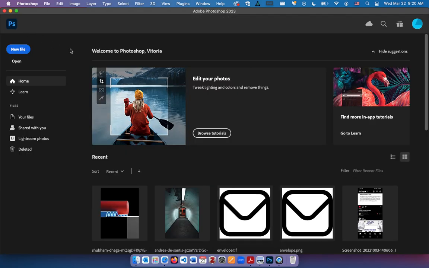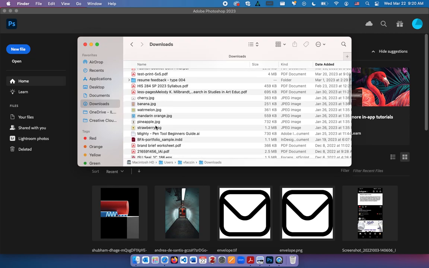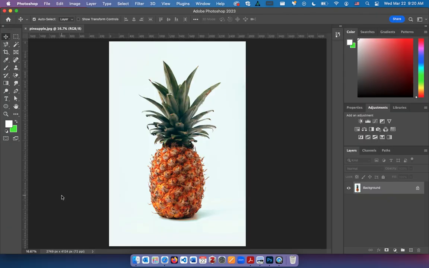I'm gonna open an image that has a pretty defined element in the picture. So for example, I have some of the pictures from this exercise that we did earlier this semester. So for example, we have the pineapple. Let's say I want just that pineapple with a transparent background to place in Illustrator or InDesign, wherever I need